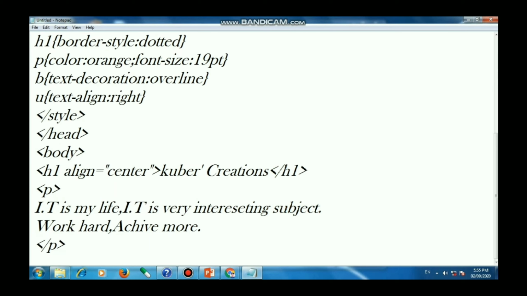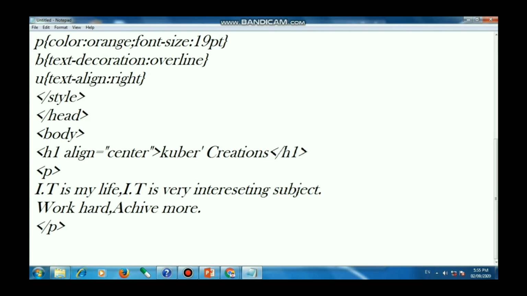After writing these thoughts, close the p tag. Then use the b tag and write valuable career. Again, this is optional. Then close the b tag.